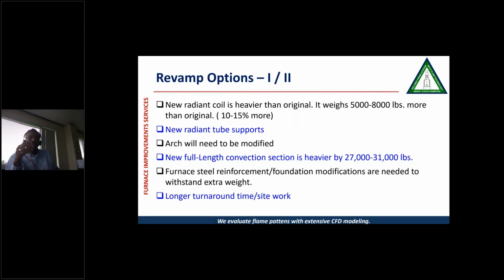So what we told the client is that there are a few issues with revamp options 1 and 2. One is the radiant coil is heavier than the original because it is larger diameter. It weighs 5 to 8,000 pounds more than the original. We will need new radiant tube supports. Arch will have to be modified. The new convection section will be heavier by 27 to 31,000 pounds. So furnace steel reinforcement modifications are needed to withstand the extra weight, and it will have a longer turnaround time and